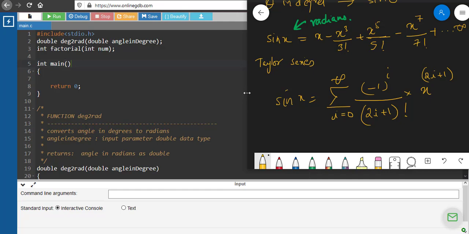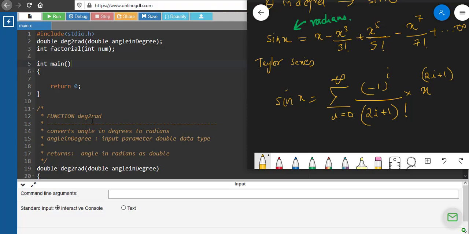So x cube. If I put i equal to 2, you will get the next term. I equal to 3, you will get this term. I equal to 4, you will get the next term, and so on. Okay. So this equation is what we are going to implement. Basically, if you see, it is just the simple i value that we have to keep on changing. So when we have something like that, what we have to use is a loop. Okay. So we will be trying to implement this.